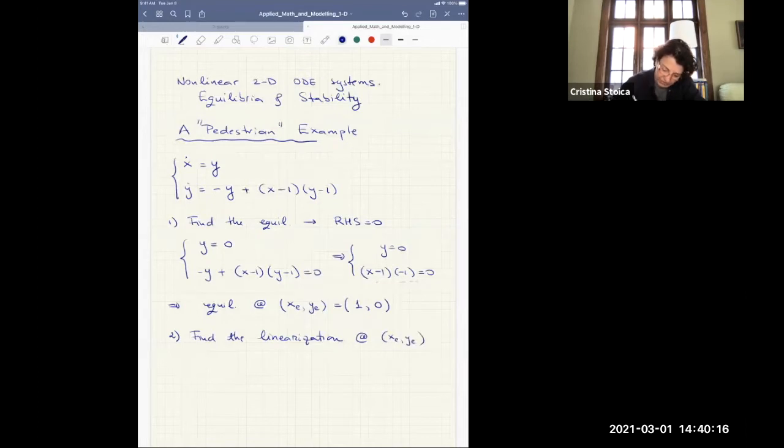So this means that we have to do L of x, y, and then we're going to put x and y as the equilibrium, x_e, y_e equals 1, 0, and now we take the derivatives,